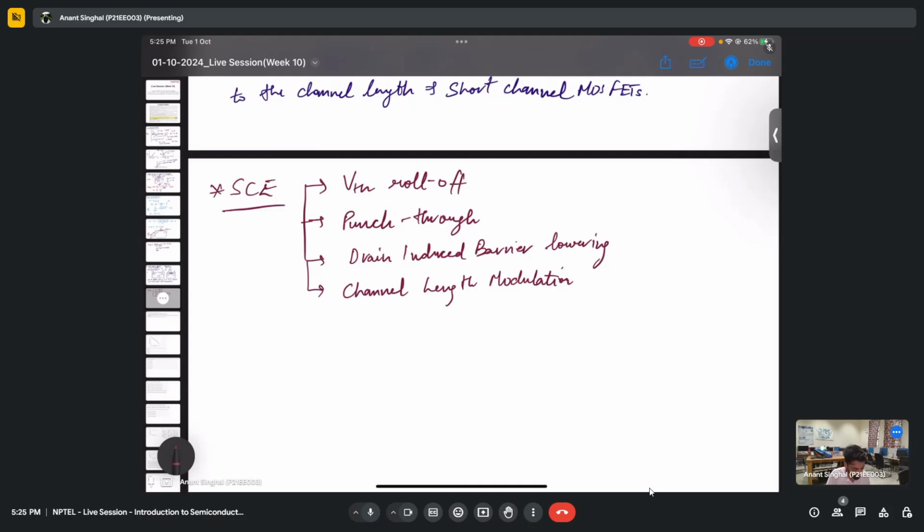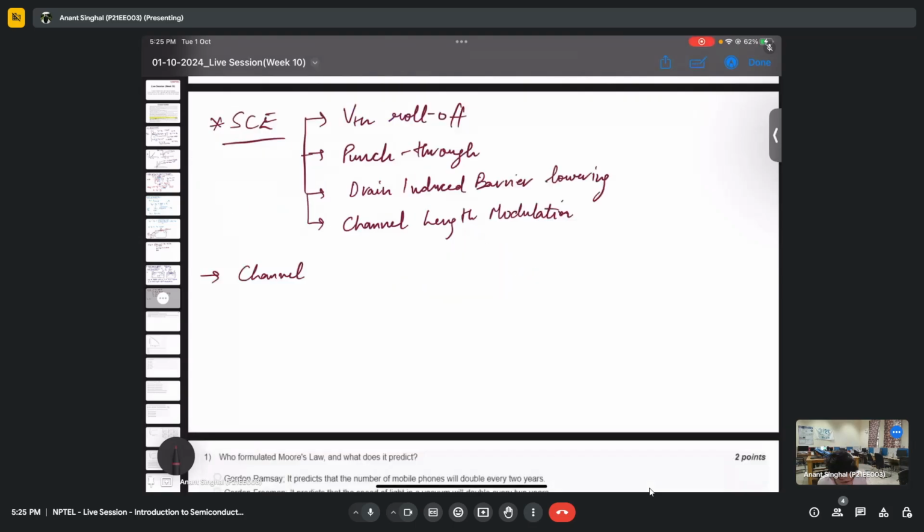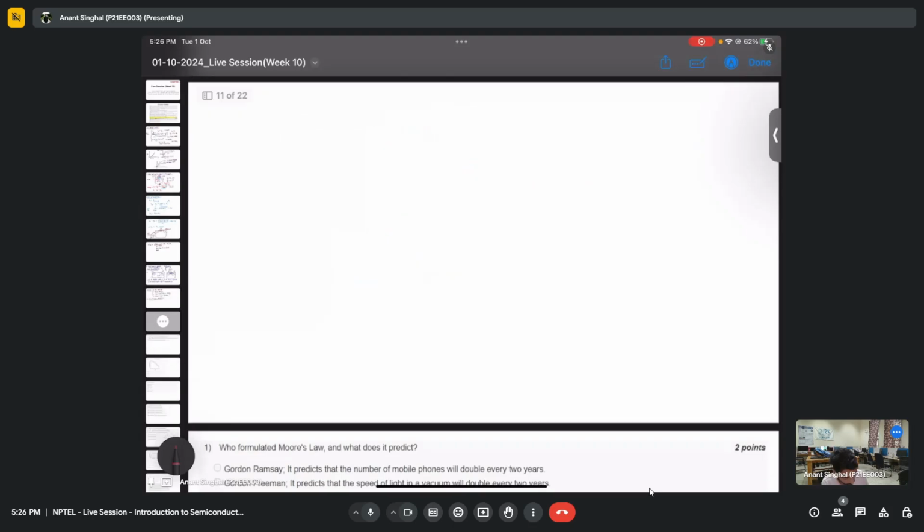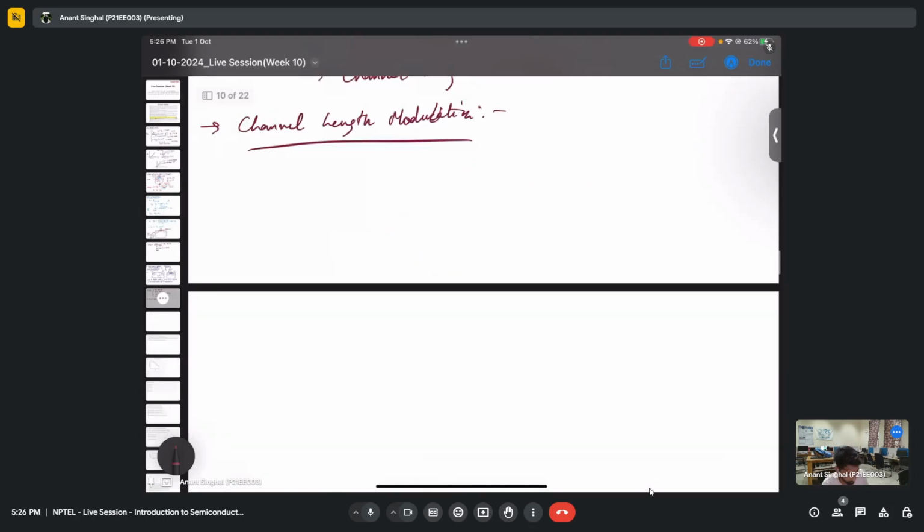So let's talk about, first of all, how channel length modulation comes into the picture. Let's discuss that quickly. Let's say we were having a certain MOSFET. We did this exercise in the previous lecture. We have a source, we have a drain, and let's say we have a gate,